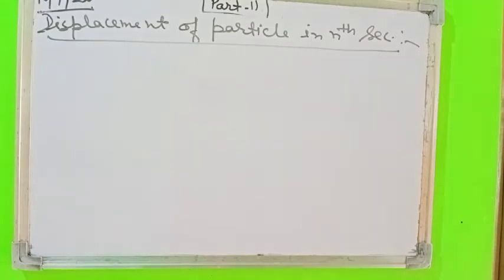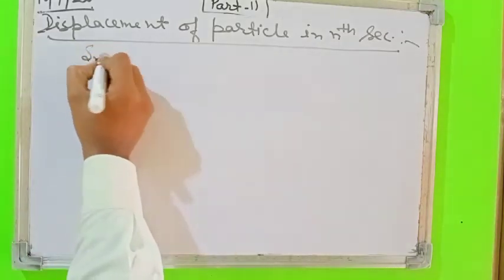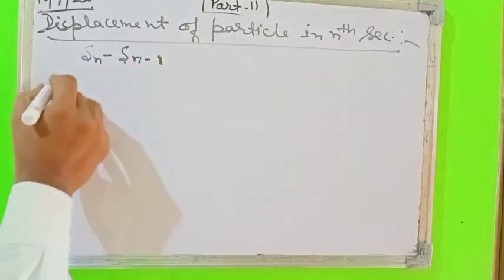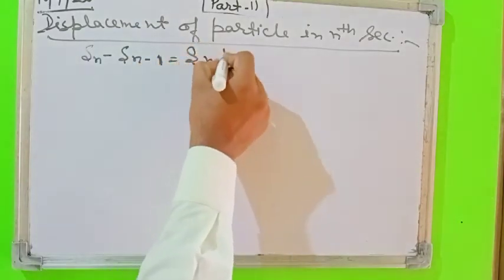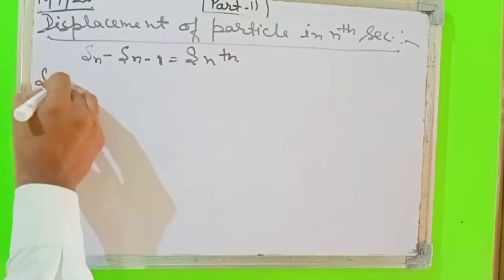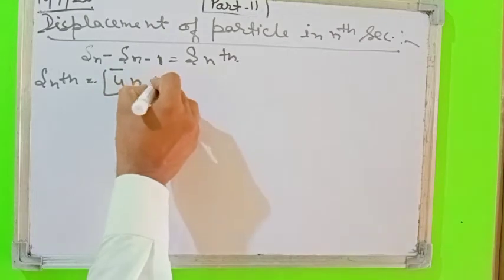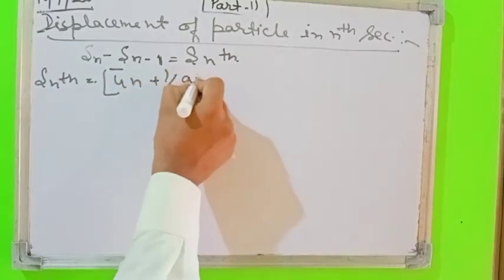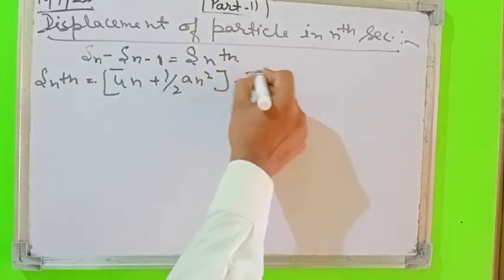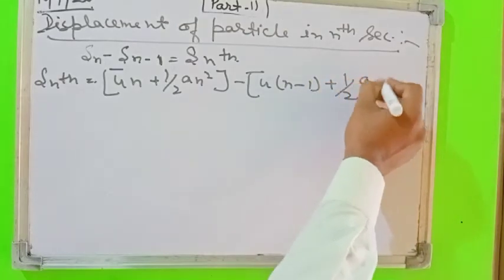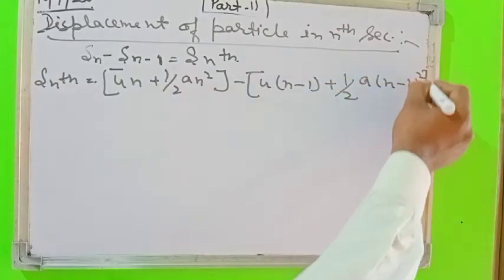Displacement of the particle in the nth second is Sn minus Sn-1. So it can be written as S_nth. So S_nth is equal to Un plus half An square minus U(n minus 1) plus half A(n minus 1) square,